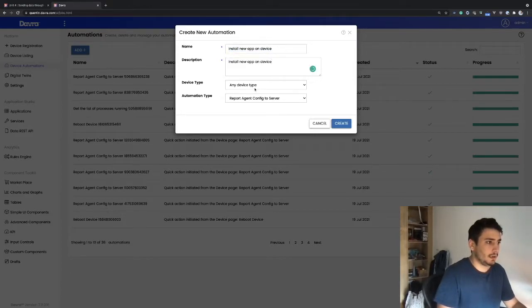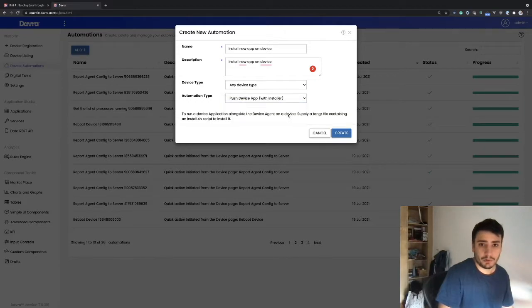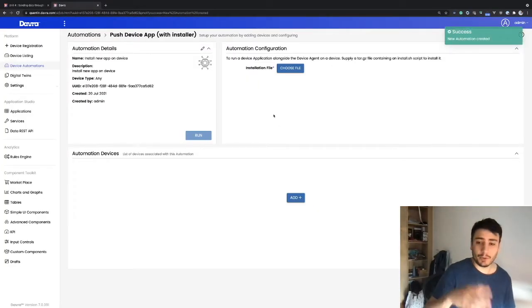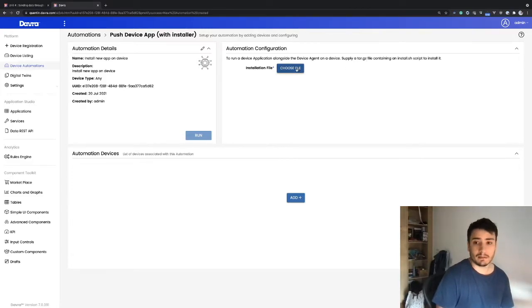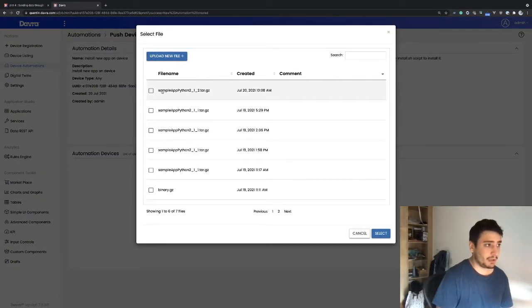Okay, for any type of device. And here we're going to use the automation type push device app with installer. Okay, so create. Here the difference with the quick action is we need to set up some parameters, and one of them is which application we're going to install. There's an input field to supply a tar.gz file, and that's the one that's going to be installed on our remote device. So what I do here, I already have an uploaded one, which is a sample app